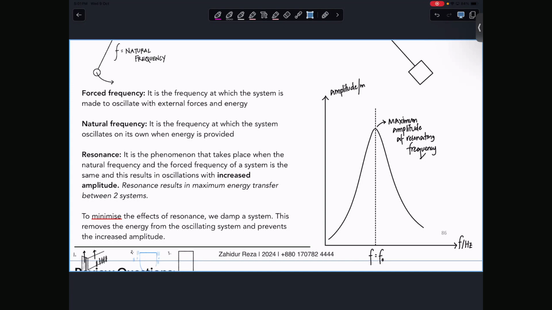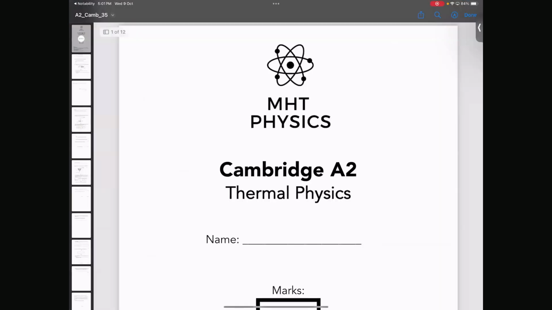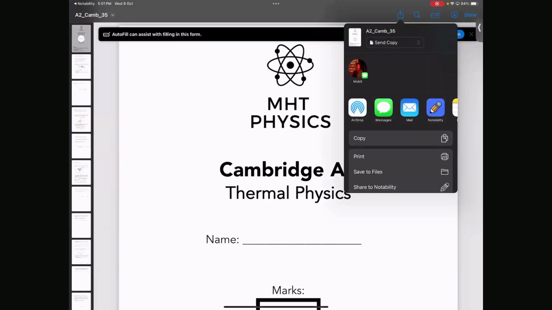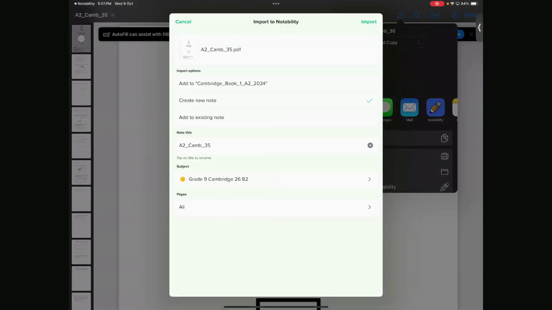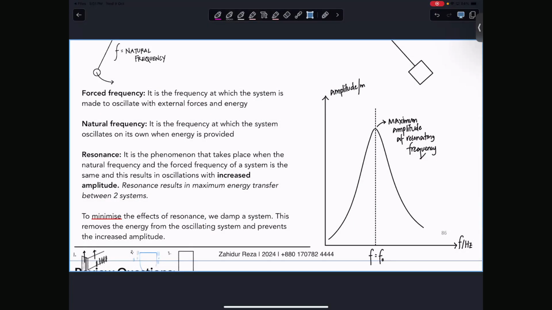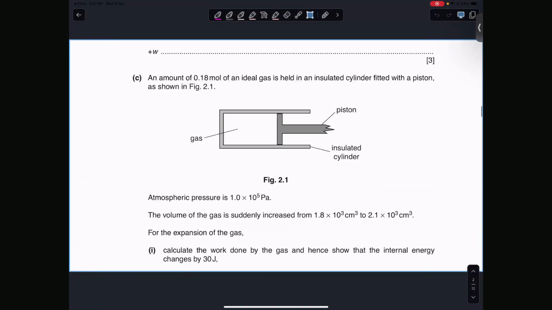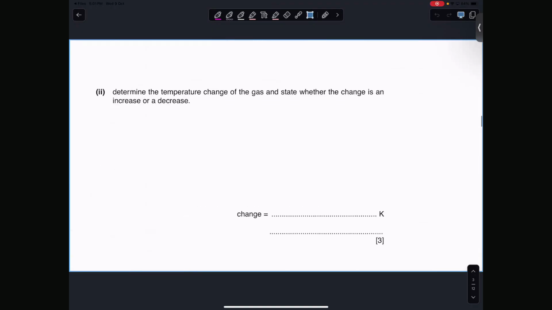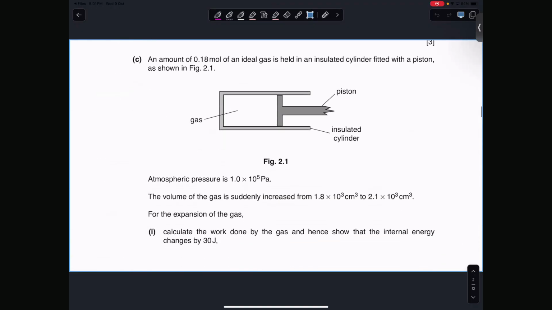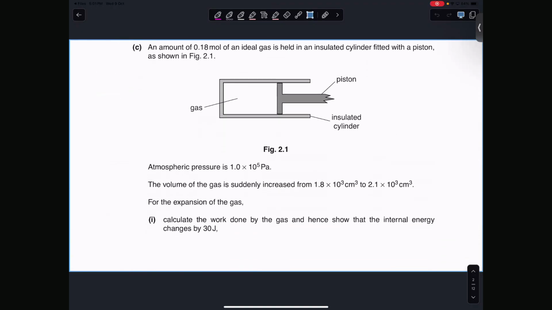Just 5 minutes করে দিই আচ্ছা তারপর 5 minutes পর তারপর যাই. 2b2 আচ্ছা আগে এটা করে নিই. Right, so question number 1c1 and 2. Okay, so it says an amount of 0.18 mole of ideal gas is held in an insulated